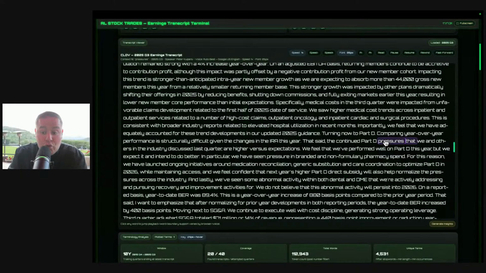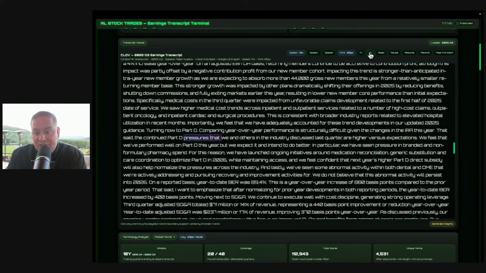And let's say you want to start reading here. Well, I already know that you guys can hear this. So I'm going to go ahead and press here and let's hear about what they mean in terms of pressure. Let's increase the speed to 1.5. You can increase the speed, the size, all this stuff.